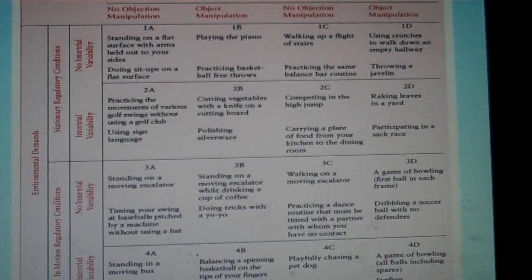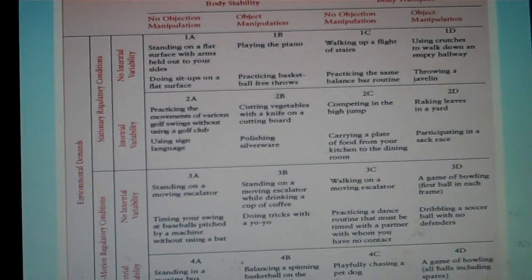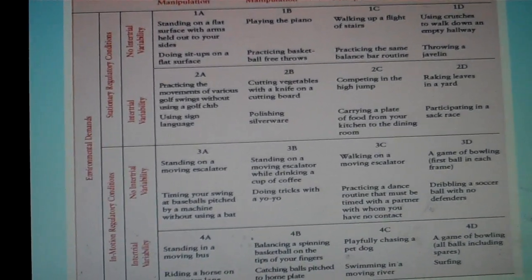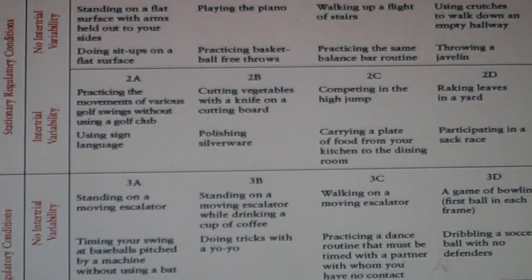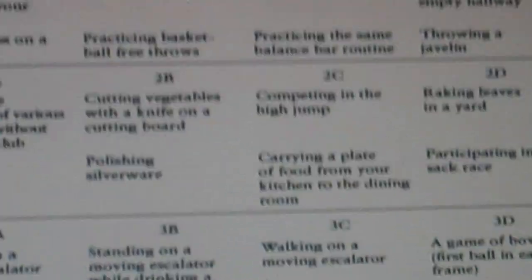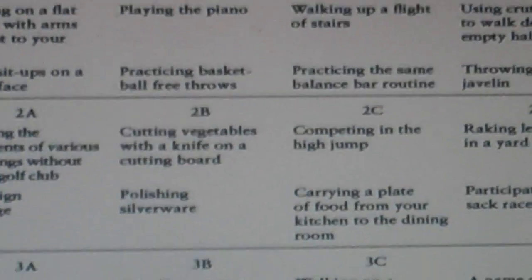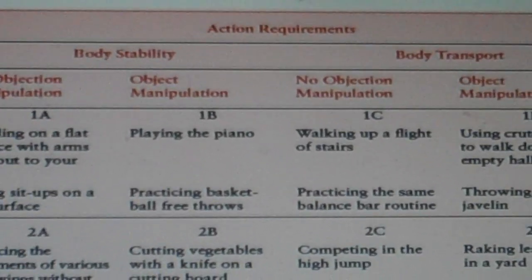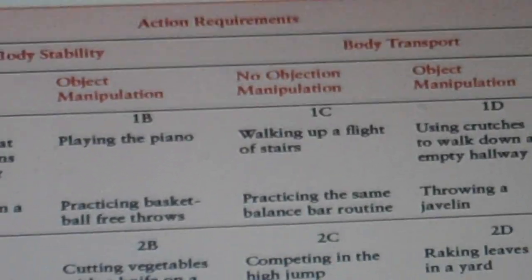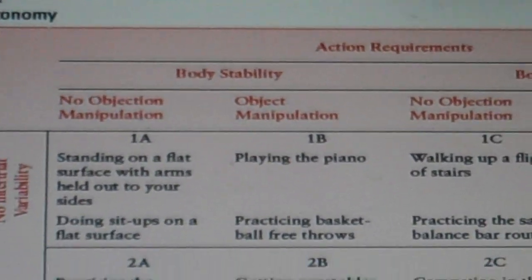Okay, welcome back. So now I'd like to give an example of how to use this chart of this Gentile's taxonomy. So we will use a task, and let's just use juggling because that's something that I did in class today. As we start to use this chart, the first thing I'm going to do is look at the action requirements. So for juggling, body stability